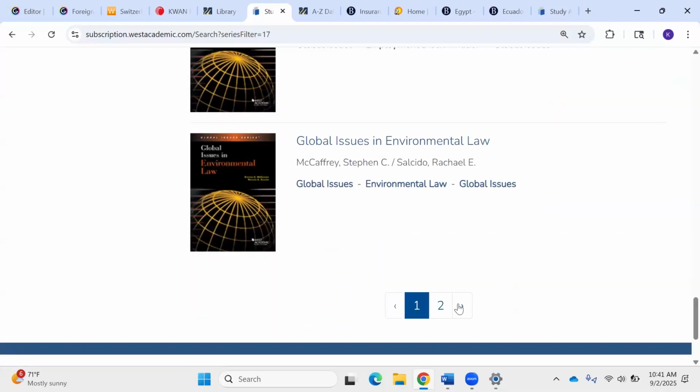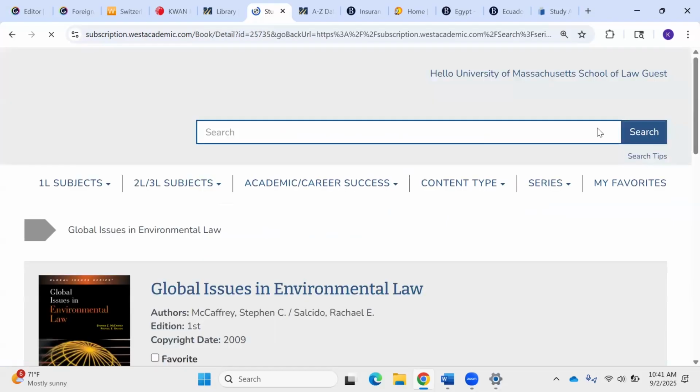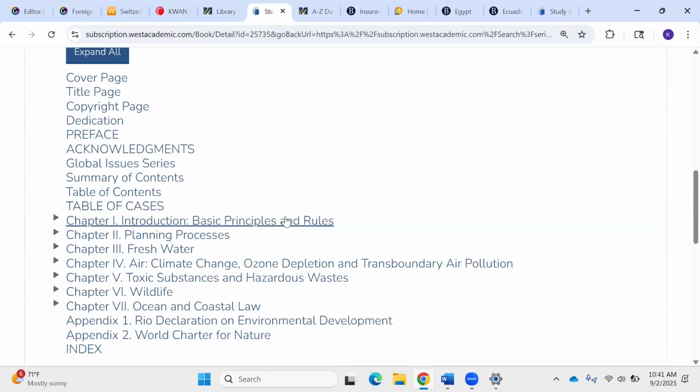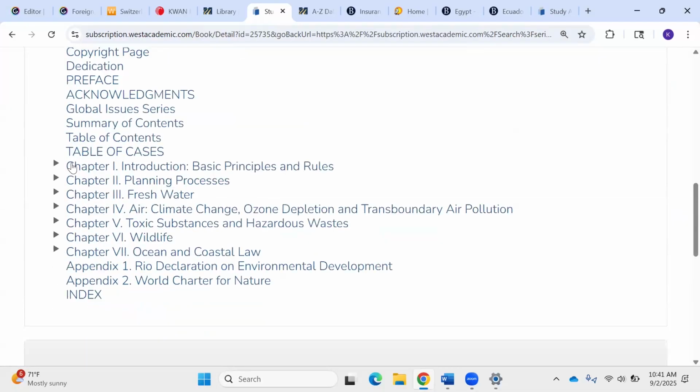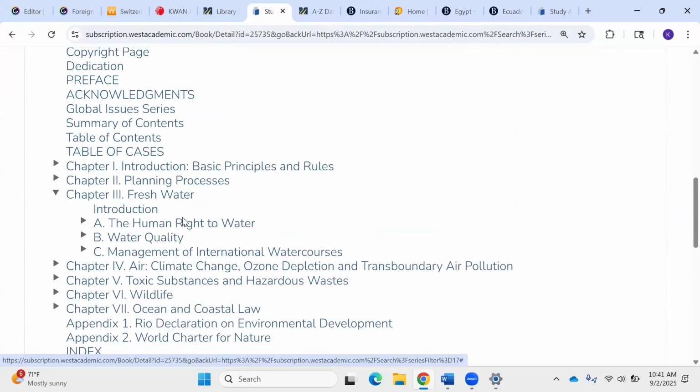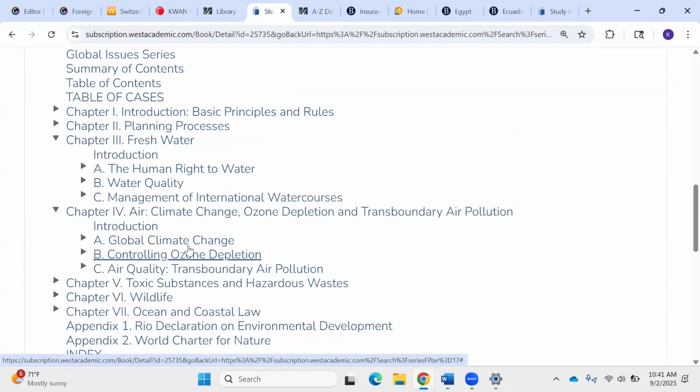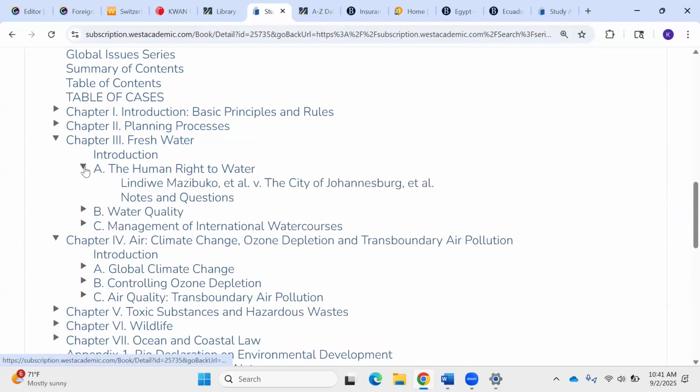If you want to print them, you can do sort of a print to PDF of the website itself. Let's take a look at the environmental law one. And one thing, of course, before you get started is it's always a good idea to browse the book's table of contents to make sure. But you can see here some of the very specific topics under this broad topic are covered here. So if you only wanted to look into the human right to water,